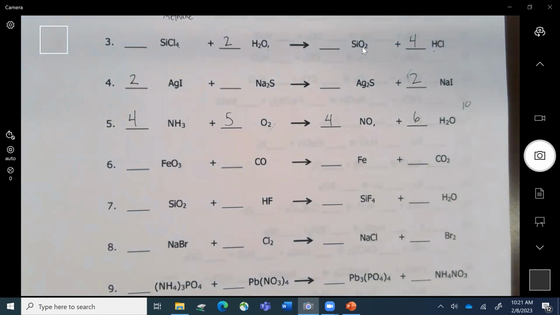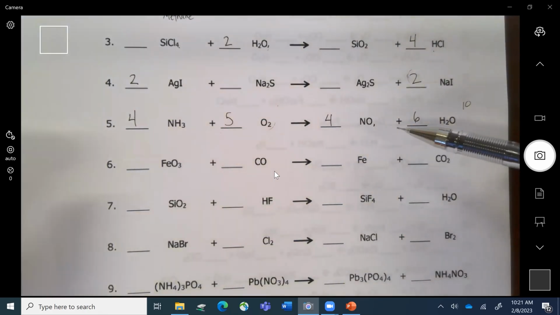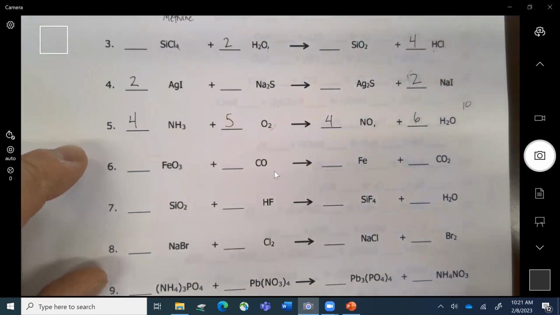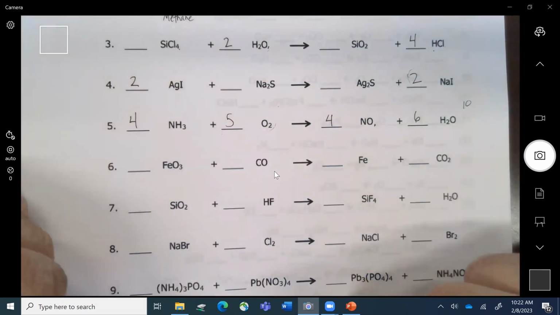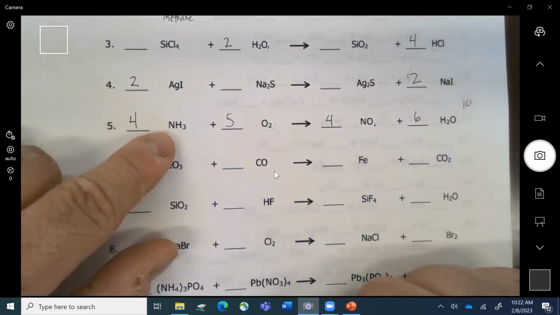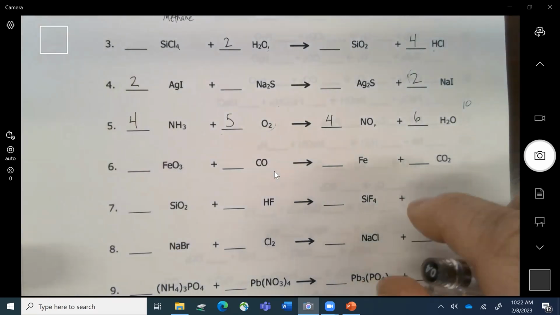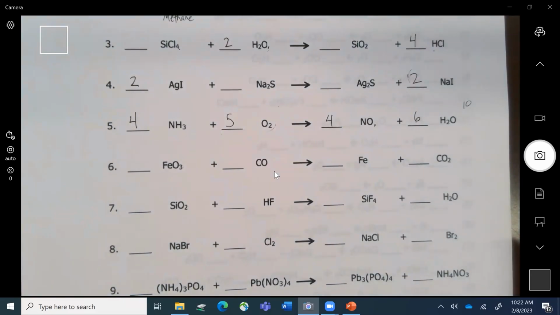So if you didn't get that one, you'd say 4 plus 6, 2, 1, 2. Yeah, just so you know, that wouldn't work. 2, 1, 2, 3. Because that will only give you the 1 oxygen here. You've got to go up to the next factor set, which is getting this to 12, all right? That one was hard. So I admit, after I said 2, 4, 5, and 6, I kind of looked at it and went, oh boy, that's a hard one. Okay, so anyway,